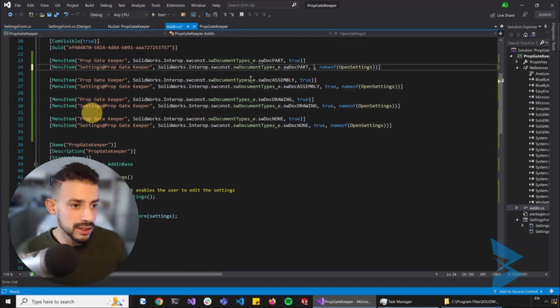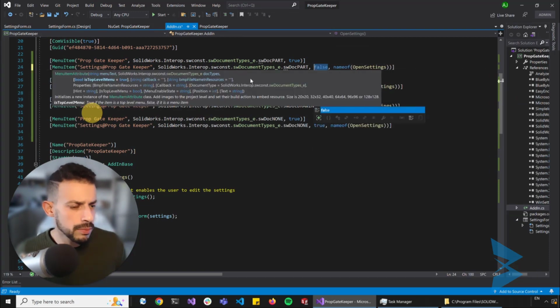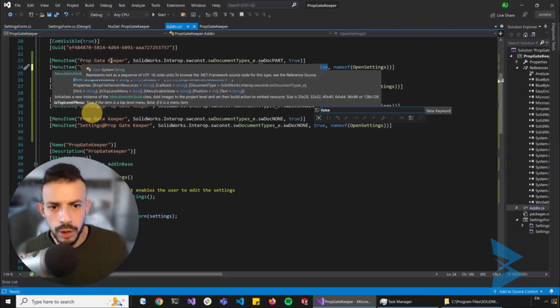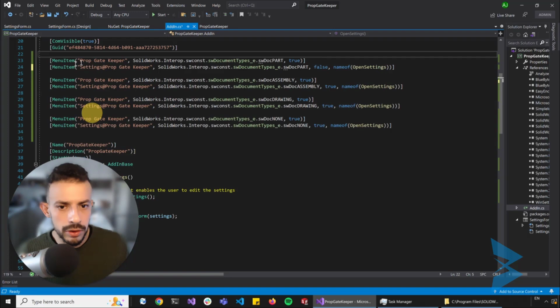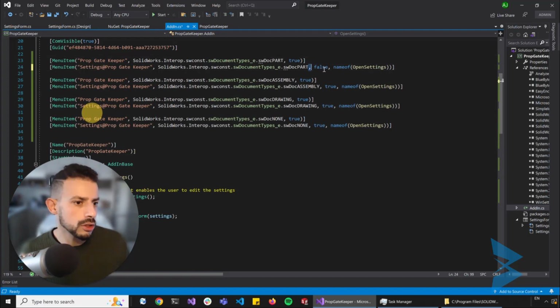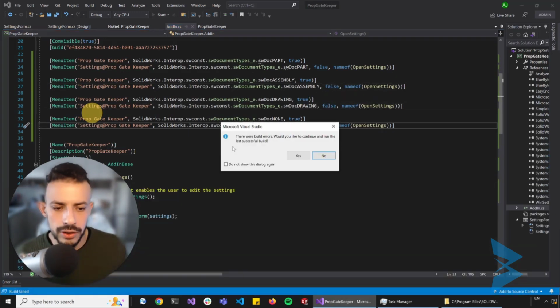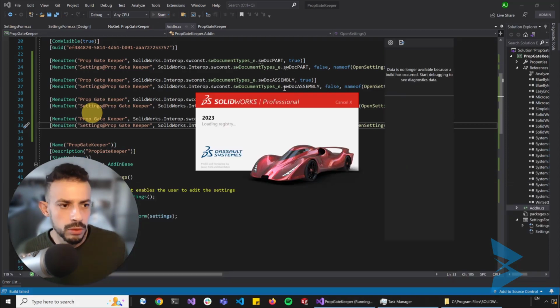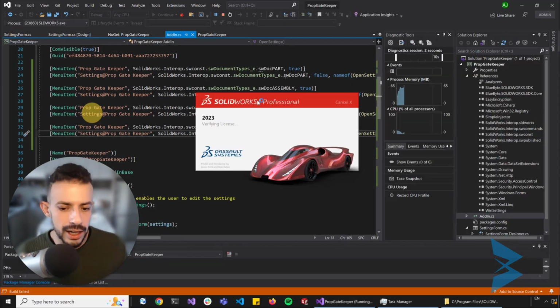detail, is that this is a menu item. So the option here is this a top level menu. For the prop gatekeeper it is, however for the second one is not. So we need to change this to false. False here, false here, false here. Otherwise it will think it is a top level menu and will not be able to click it and get